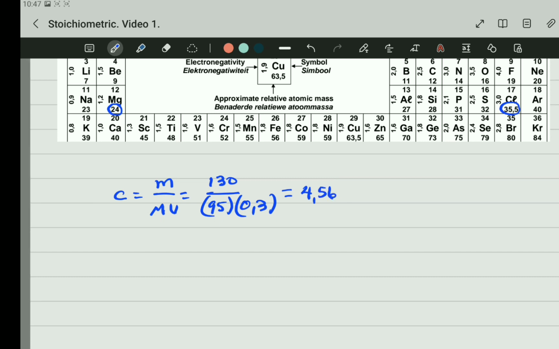4.56 mole per cubic decimeter. I really hope you understand this question. It's not very difficult because we are going to go now to the next topic real fast, okay? The next topic is going to be the